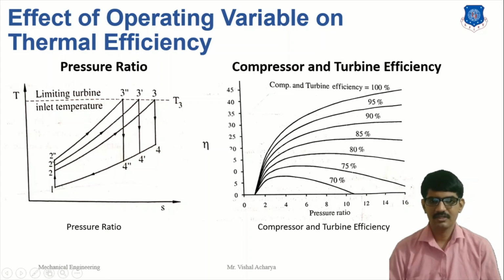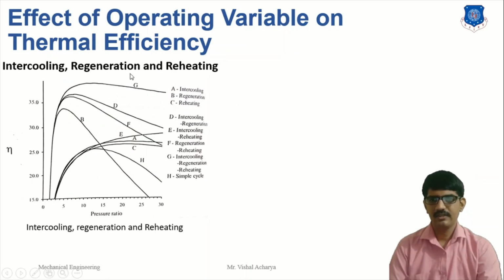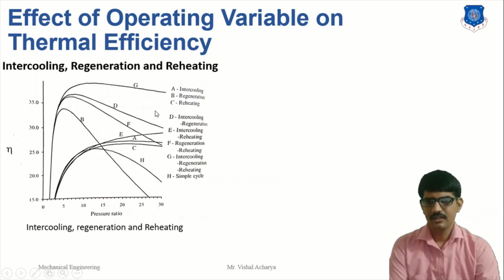Here, as shown in the figure, the next parameter is intercooling, regeneration and reheating. In the figure, when we vary the parameters of intercooling, regeneration and reheating in a simple cycle, we get maximum efficiency at the maximum pressure. Here in the figure are some fundamental cycles: A is the intercooling cycle, B is the regeneration reheating,